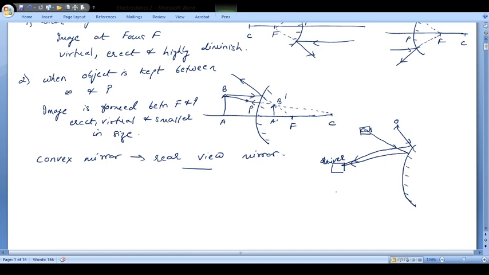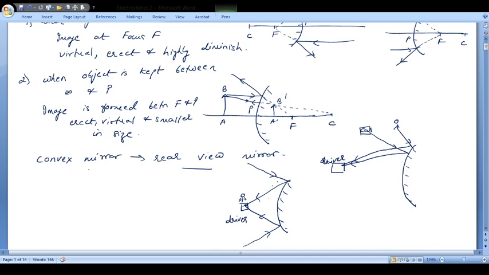If I now just draw it like this, this figure you don't have to draw in the exam, you can just see this figure. So if I say I have the objects coming from the wider angles, these are objects coming from this side, right? So all you will find after the reflection, they will come to this point. So this is the position of the driver. You are sitting here. And therefore all these objects here are seen by the driver, and that is why we say that the driver has got a wider field of view.